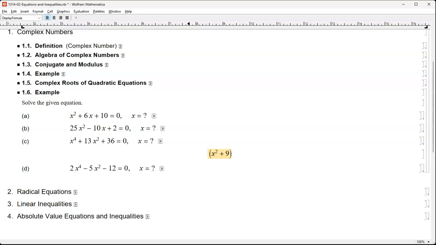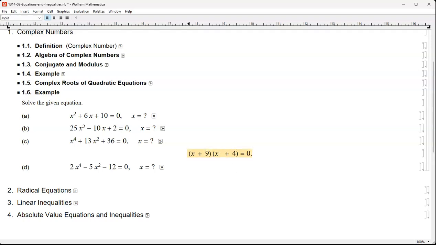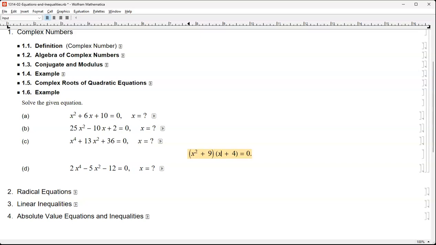x squared plus 9, x squared plus 4, that's going to be your factorization. 9 times 4 is 36, and 9 plus 4 is positive 13. And it's not x plus 9 and x plus 4, because if you have that, then that's not a quartic equation, it's quadratic. So we end up with x squared plus 9, x squared plus 4,